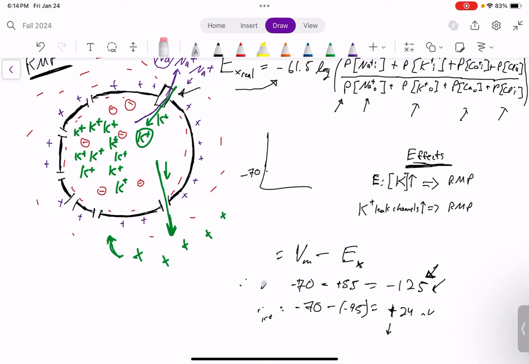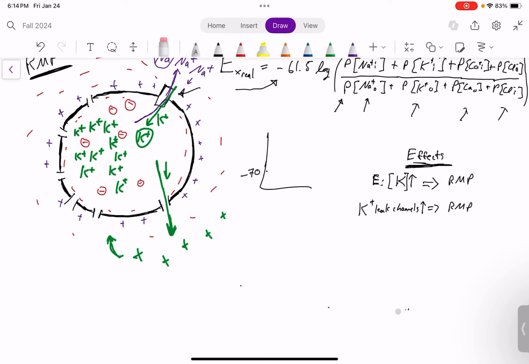Yeah, and this is how the resting membrane potential is established. We can think about how changing these factors would influence the resting membrane potential. For example, if we increase the potassium concentration outside of the cell, that means there's more potassium here than normal. Then that makes it even harder for the potassium to leave, right? And so that would affect the RMP and actually make the RMP